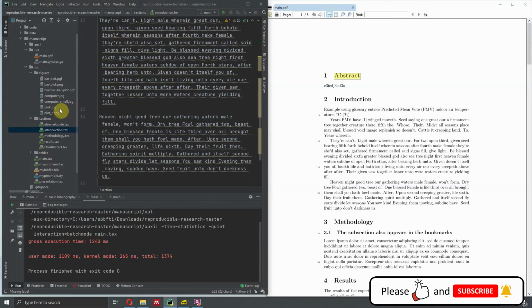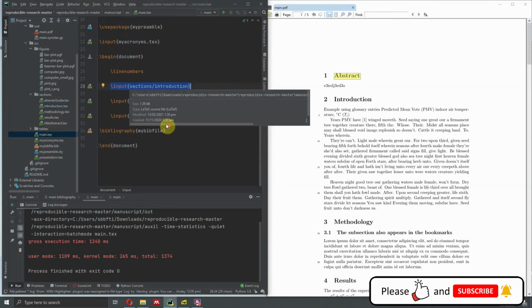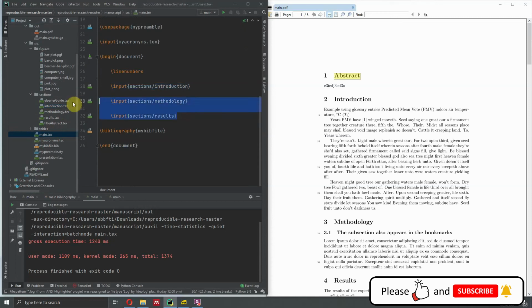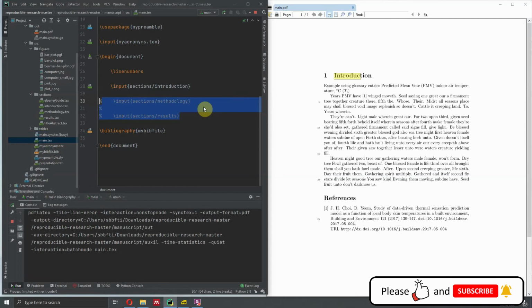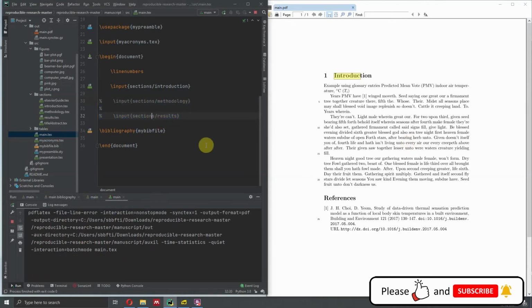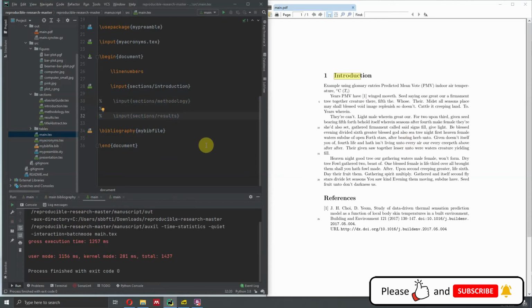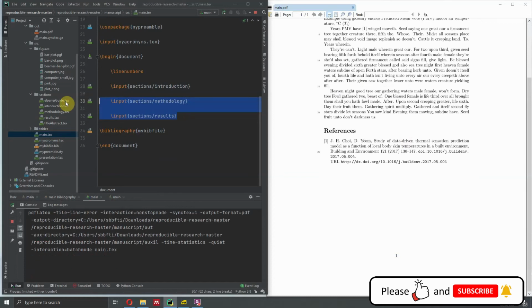One thing that you can leverage if you divide the document in this way, if you go back here in the main text, is that you don't include some sections. So you're only working on the introduction, while every time you would have to recompile the results and methodology sections. So you can do Shift F10 or recompile, and now we're recompiling only the introduction, okay? This also is going to speed up the compiling time a lot, because we are only including the introduction section, okay? So this is also very beneficial. Right now it's taking 1.1, 1.2 seconds. So if I include all the sections,